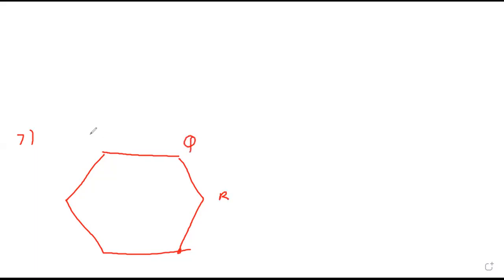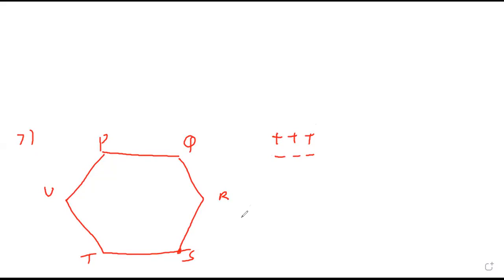7th. Regular hexagon. This is R, Q, P, Q, R, S, T. That means 6 charges of equal magnitude, 3 positive and 3 negative, are to be placed at P, Q, R, S, T. Who is placed at P, who is placed at Q, we don't know. But we are having 3 positive and 3 negative of same magnitude